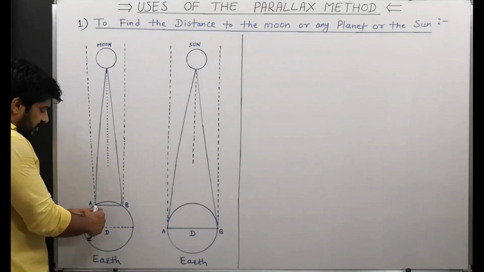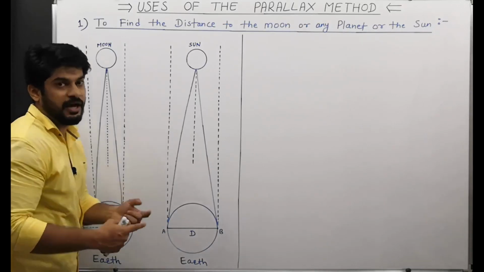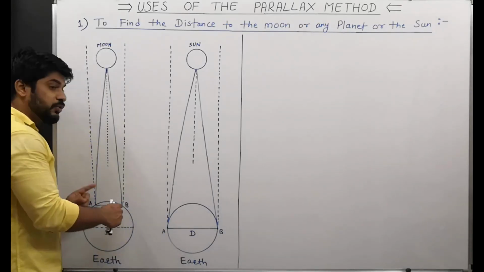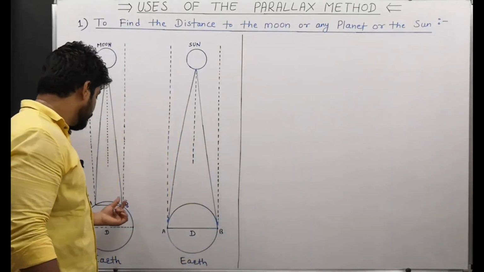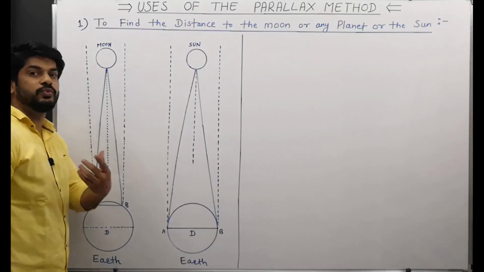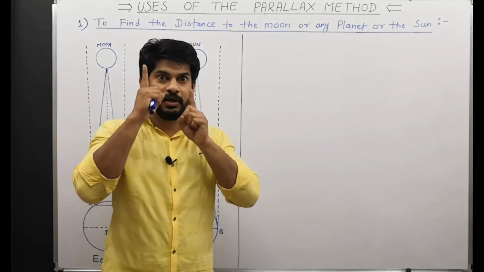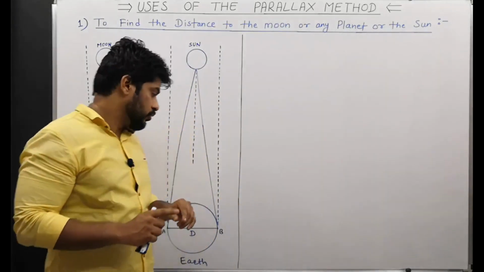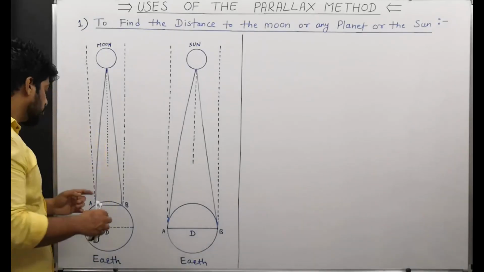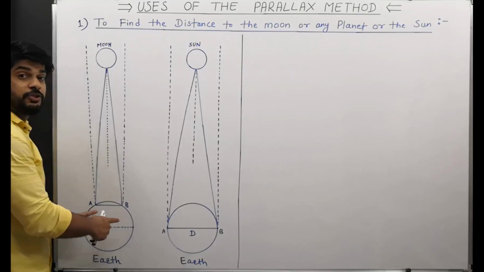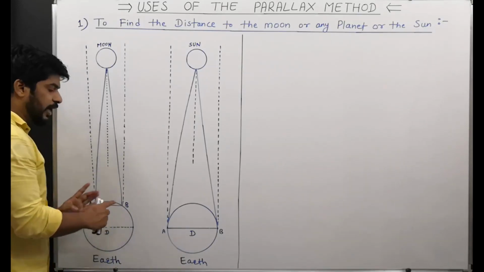You can see that these 2 points are at a certain distance. The distance should be quite large. Remember this, the distance should be quite large if you want to observe the parallax phenomenon. Otherwise, you will not be able to see it, because parallax occurs if there are 2 points of observation. So here we require these 2 points. In case of a moon, you can choose any 2 points on the surface of the Earth at large distances, like these 2 I have chosen.